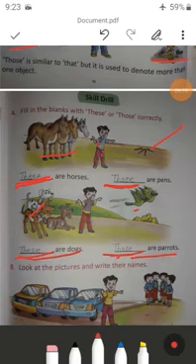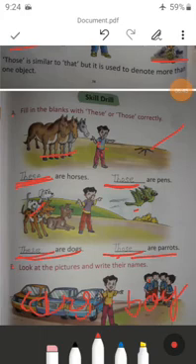The next point is: look at the pictures and write their names. Some pictures are given here. You know that these are cars. So I write here cars. These are boys. Those are boys, because all cars are very near him, but all boys are very far from him. These are cars, or those are boys.